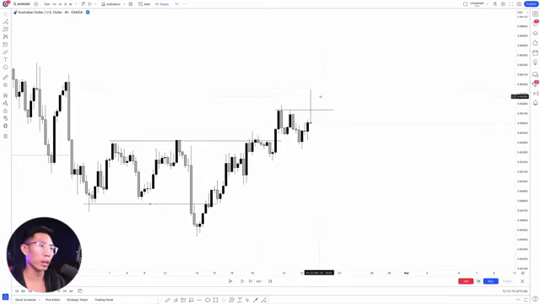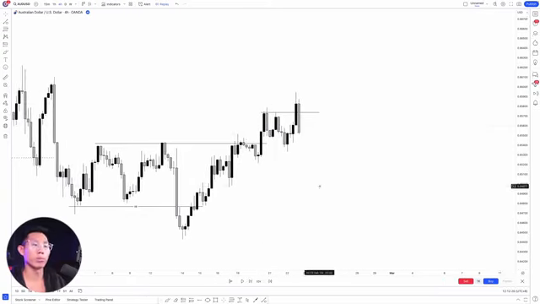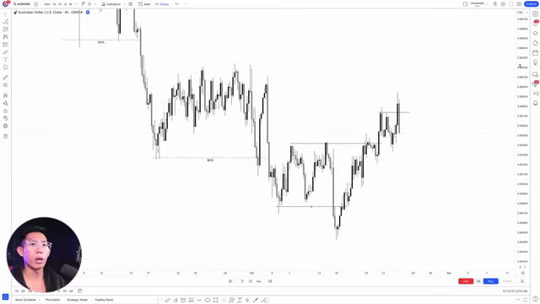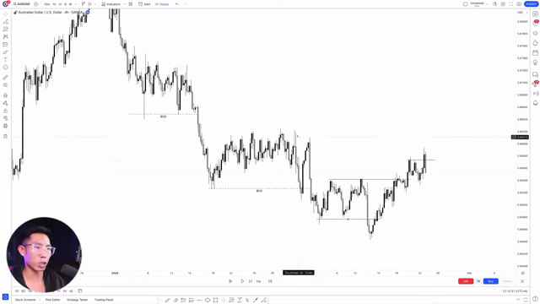You can see, bam, right there. That is when potentially a liquidity sweep is going to happen soon. Look, boom. There we have it. The liquidity sweep just happened right here on this double top, and this is potentially a new lower high on the overall trend, right? You can see the overall trend: this is the last lower high, this is the next new lower high, and then this is the most recent lower high.